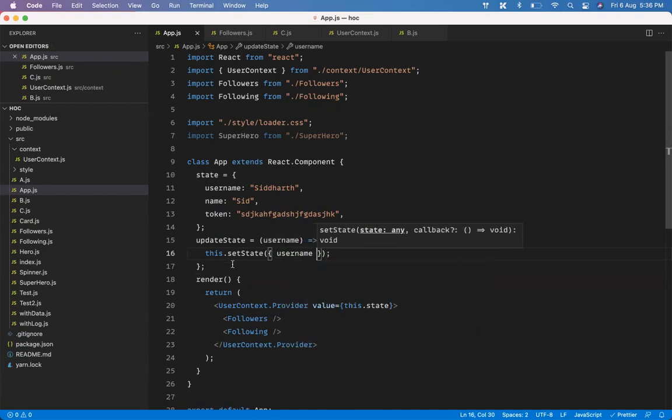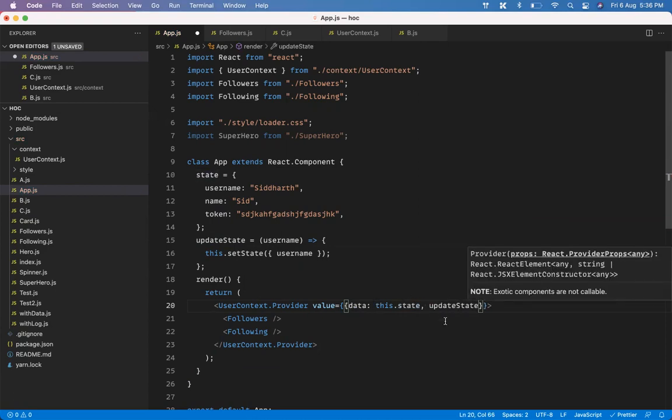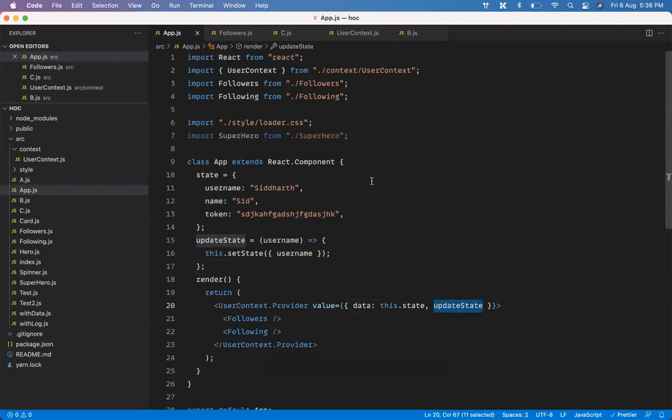Rather than passing this dot state as the value, I'm going to pass an object as the value. The data is going to be this dot state, and it also has a property called update state. So in future, whenever you want to update state, you can do that.